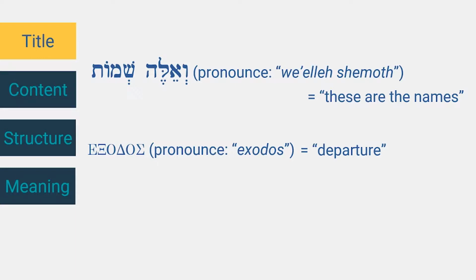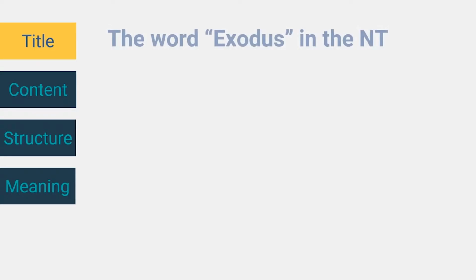Now you may be curious to know if the word Exodus also appears in the New Testament, like we saw the word Genesis all of a sudden appear in the Gospel of Matthew. And it so happens that it does. And for this we have to go to the Gospel of Luke, chapter 9, and I will read verses 28